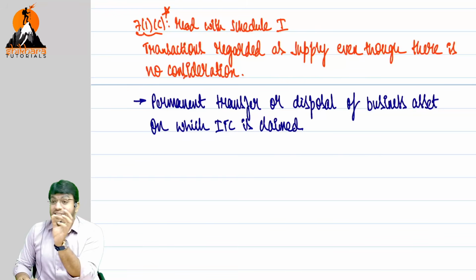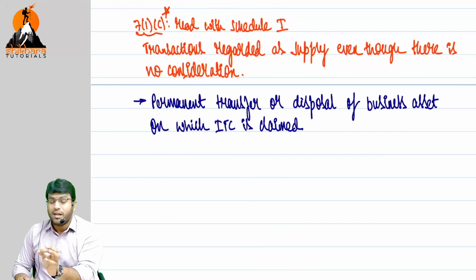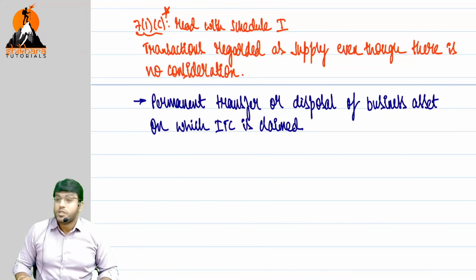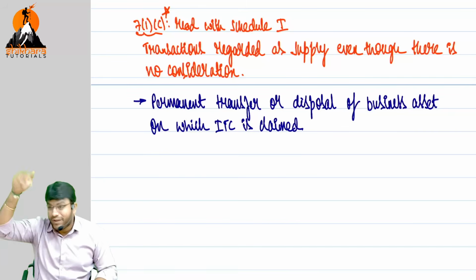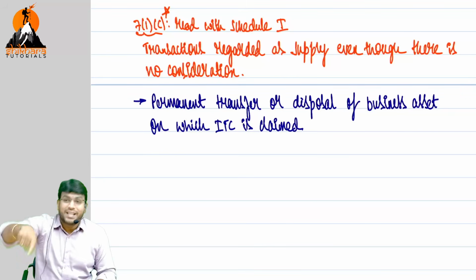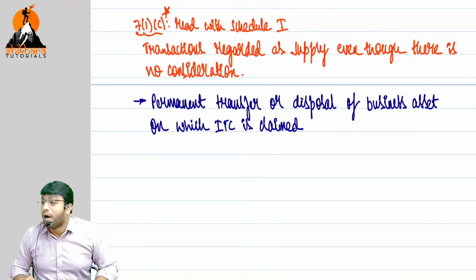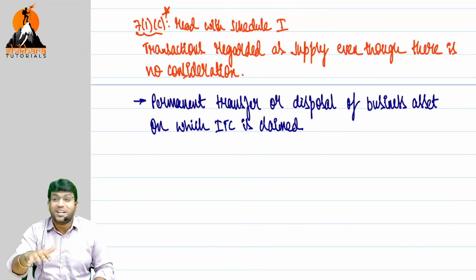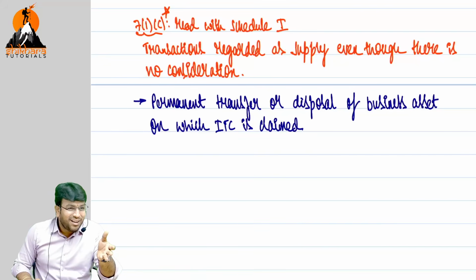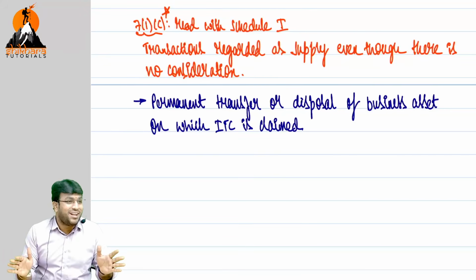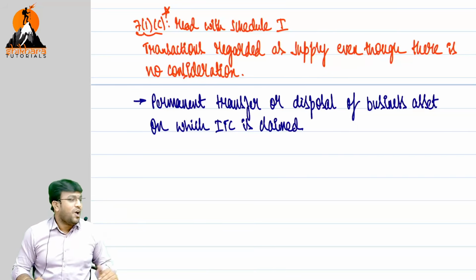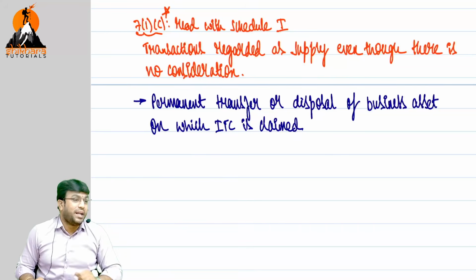Now tell me, that necklace is stock in trade. A stock in trade is also a business asset. He would have purchased from somebody, from a manufacturer. At that time, he would have taken input tax credit on that stock. Now it is taken away by his wife. Do you think the wife will bring it back again? As boys are telling, no, not at all. Girls, will they bring it back? They are confident, there is no question of bringing it back. So what is it then? Permanent transfer or disposal of what asset on which what is claimed.